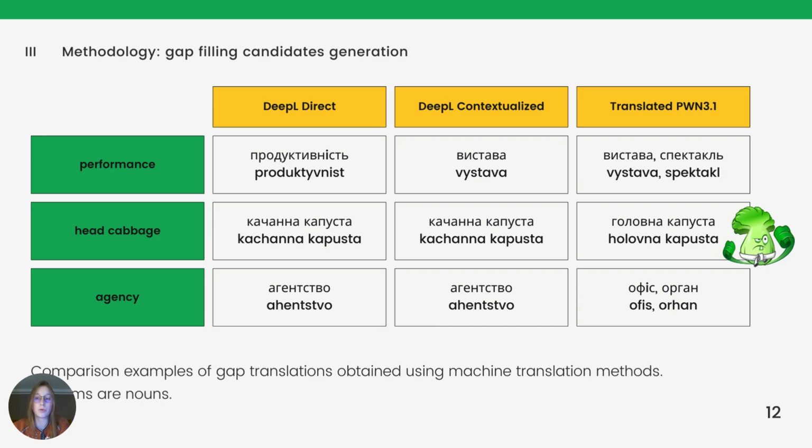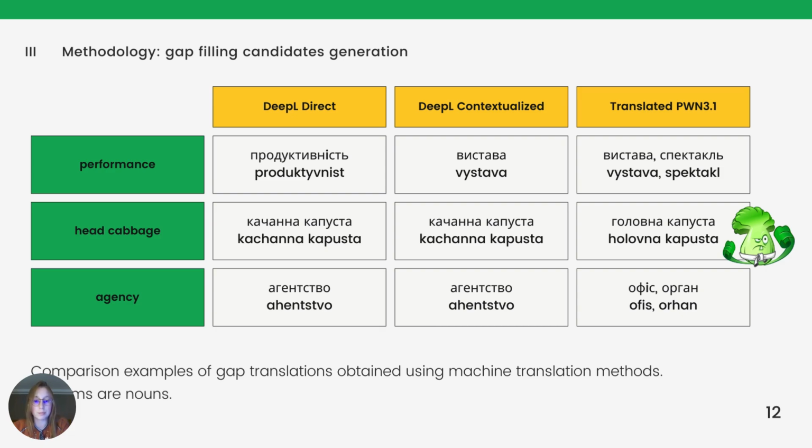The first method for candidate generation uses the English lemma, which we store in the tree. We translate the lemma using different machine translation systems as indicated in the slide. This approach enables us to quickly produce a list of potential translations for the gap nodes, although their accuracy remains